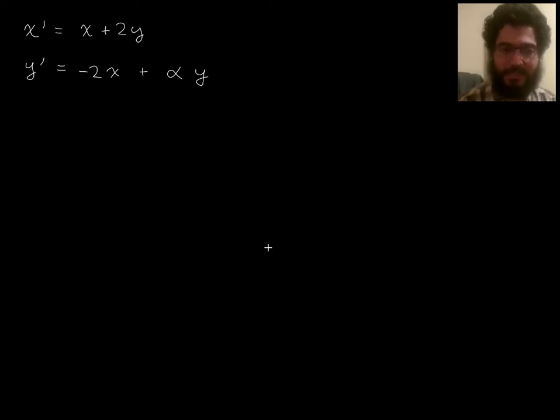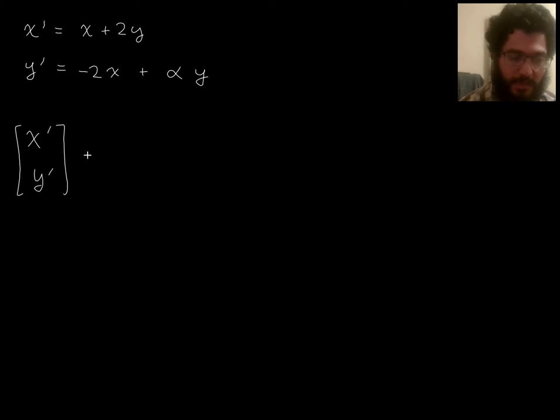So that way I can see when I tune the parameter alpha and try different values for it, what will happen. So that will be pretty interesting. So let's write this in vector form, or actually, I'd rather write it like this. x prime is, we've got 1, 2, negative 2, alpha,